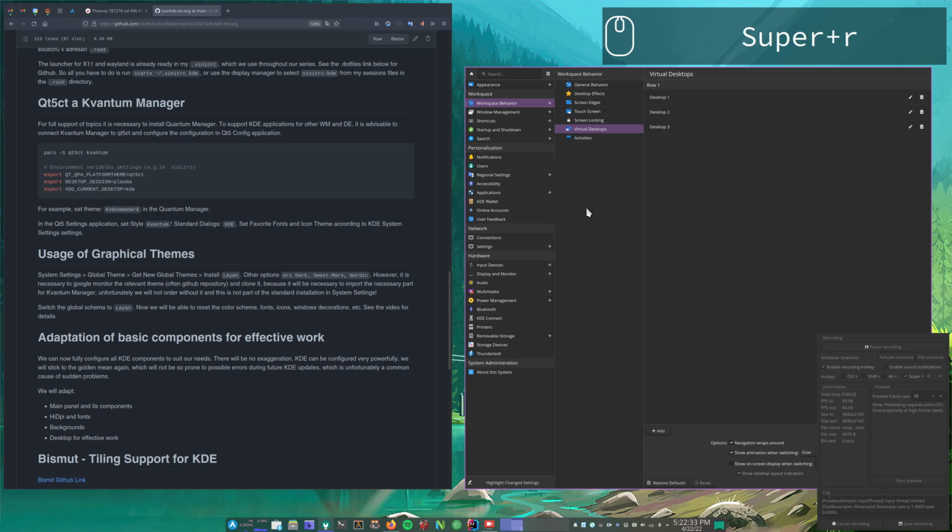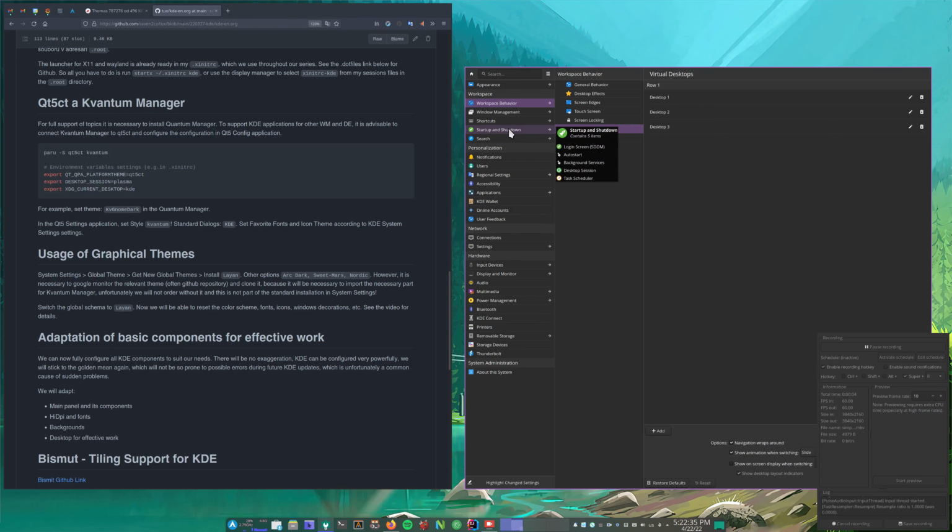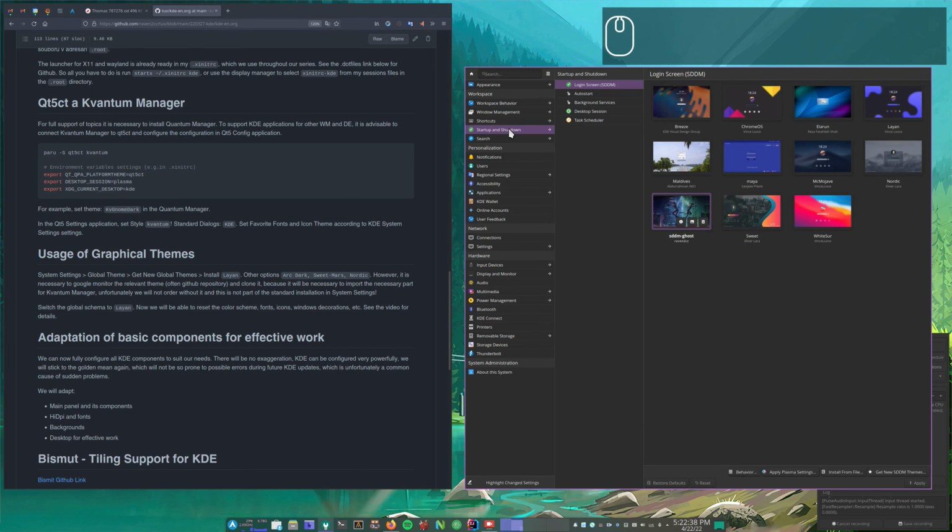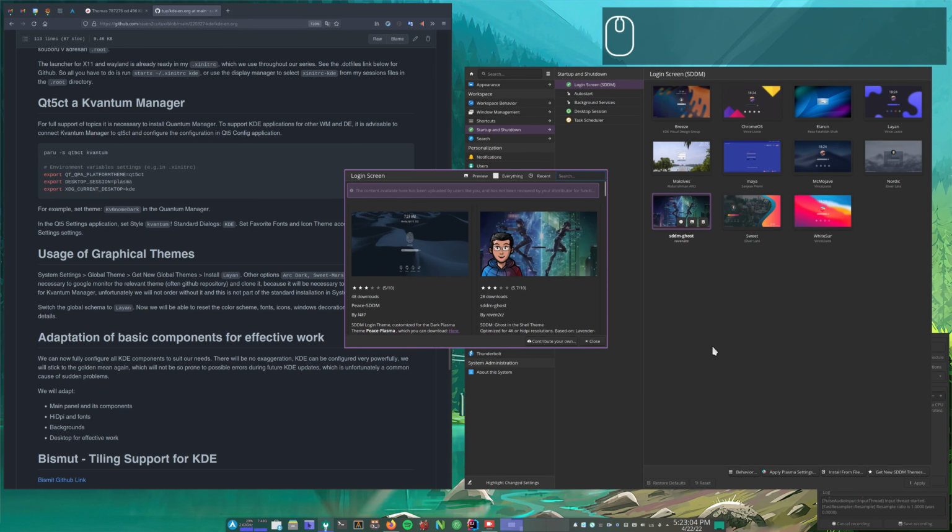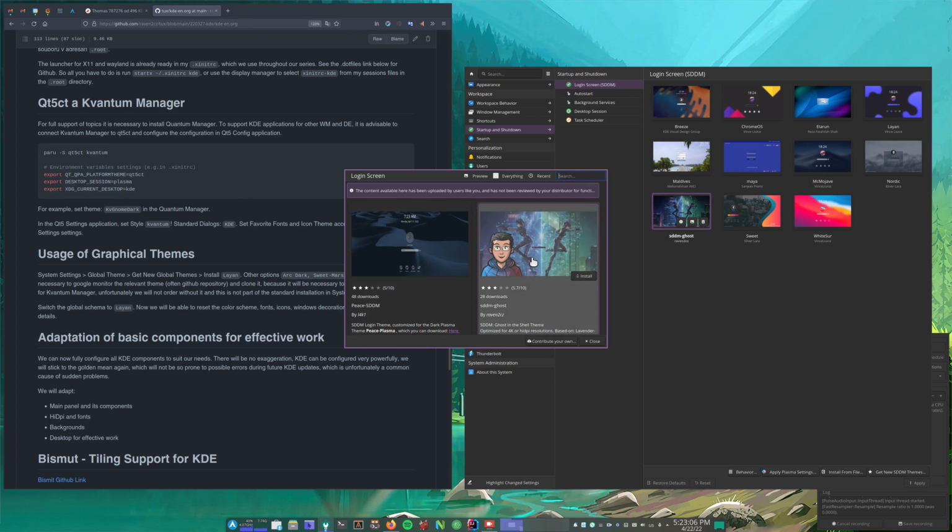Just for your information, in the startup and shutdown you can install the theme for your display manager, which is called SDDM. I prepared a specific SDDM, called SDDM Ghost. You can install it by pressing the Get New SDDM Themes button and select here